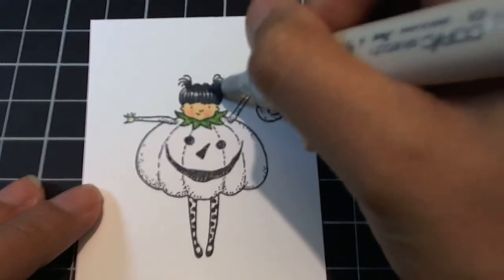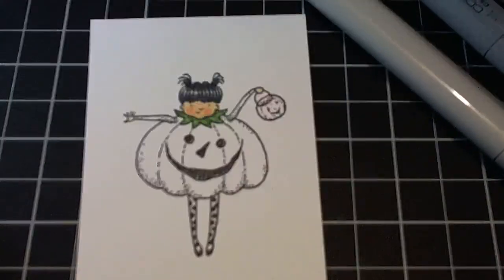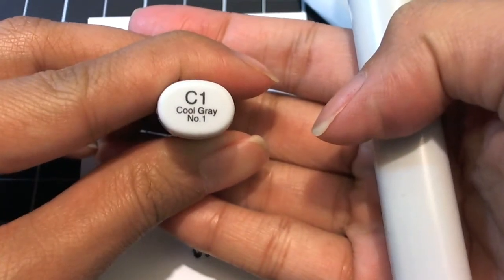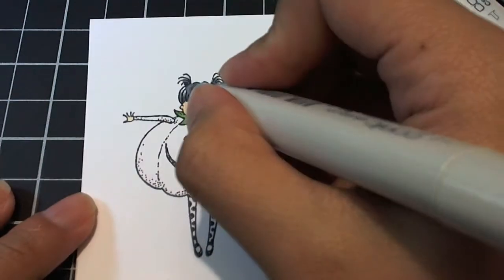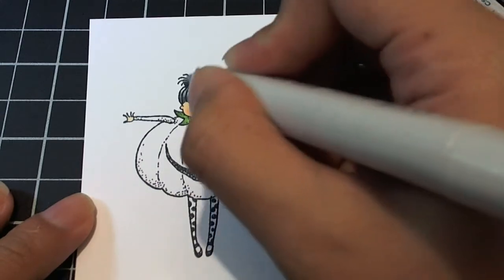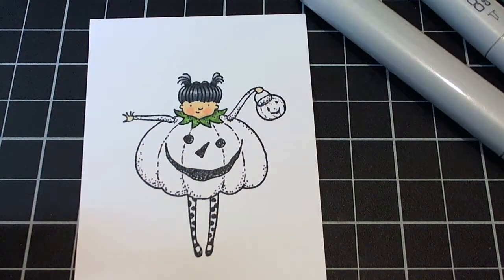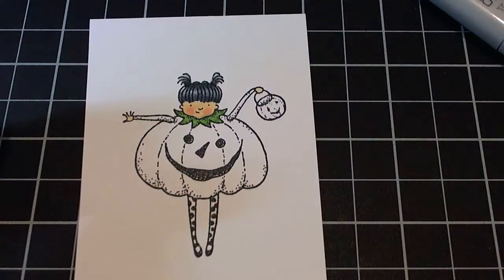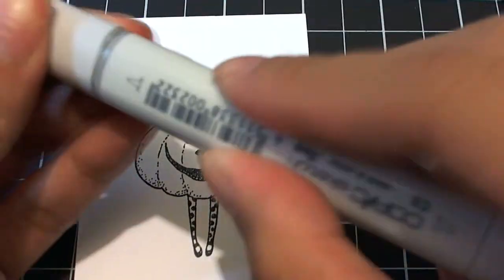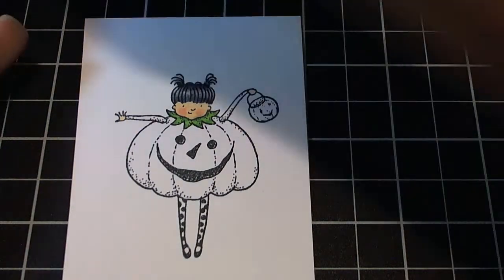Okay, and then the last color would be C1. Just blending all of that, and then the tip of her ponytail, and that's it. So that is the hair. Make sure I'm putting the right cover. Okay, so now to the